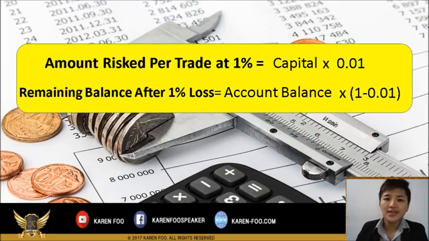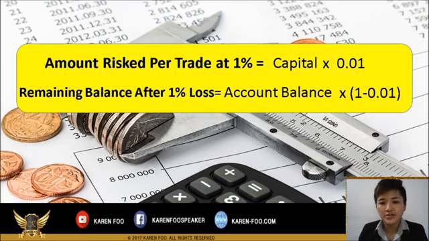Let's say today you start with a $10,000 account and you decide to risk 1%. So you take $10,000 times 0.01. So amount that you're risking is $100. So if you lose this $100, your remaining balance would be account balance minus $100, which gives you